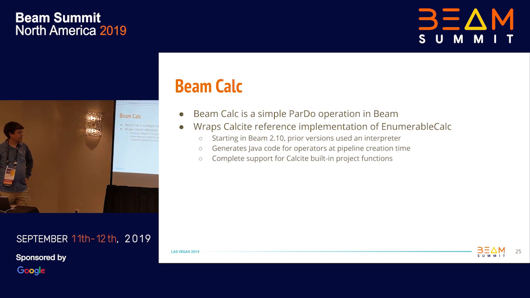So it turns out that Calcite has a really cool implementation of the Calc operator called Enumerable Calc that generates Java code to implement most of the filter and project operators that are interesting in SQL. Starting in Beam 2.10, we have a wrapper around that generates code for a ParDo instead of iterating over an enumerable, and feeds that directly into a Beam graph. So we're using Calcite to generate Java code that is actually a ParDo,